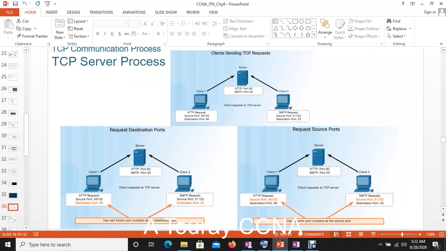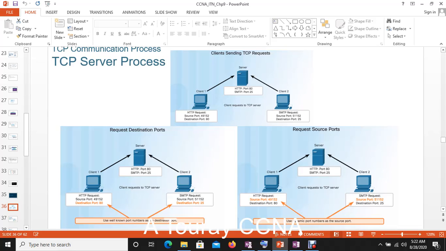So how do TCP conversations occur? This is how it happens. The client is sending, for instance, an email, or for instance I am using an HTTP request, and then it has to go to another place, or I am sending an email from my device to another person's device. So for instance, I'm sending an email to this guy. So you can use a well-known port number, and then the server will receive this. The source will be on any randomly generated dynamic port number, and then the destination will have to be a